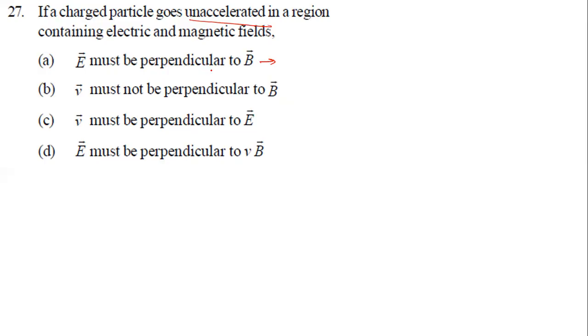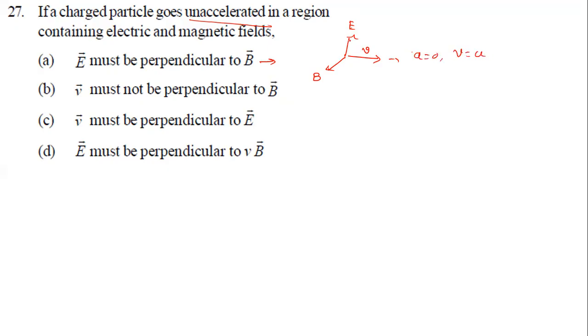E must be perpendicular to B. Now, let me take like this. Okay, like this coordinate axes I'm going to take now. I'm going to take E here, B here. So it is what axis? X axis, Y axis, Z axis. They are perpendicular. If the velocity is like this, it is like a particle in a velocity selector. So the particle will go undeflected and unaccelerated. So acceleration becomes zero here.